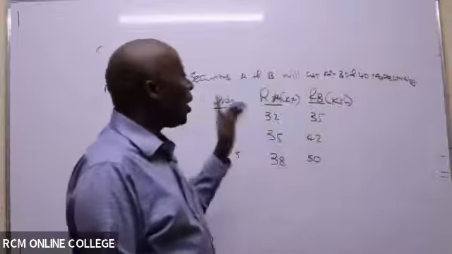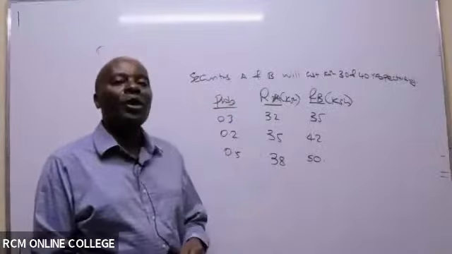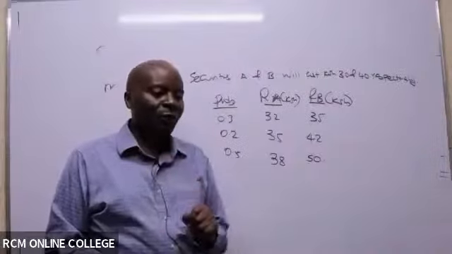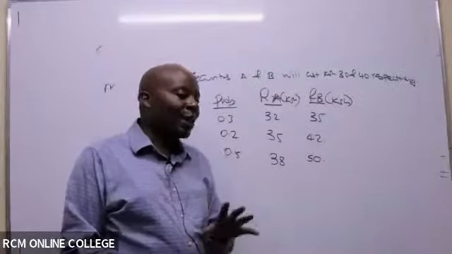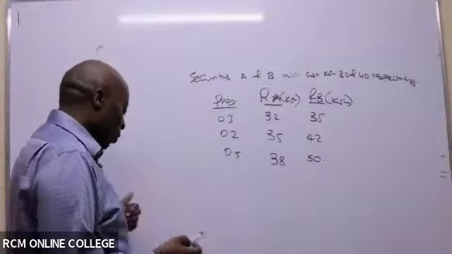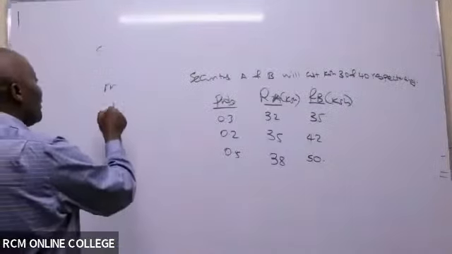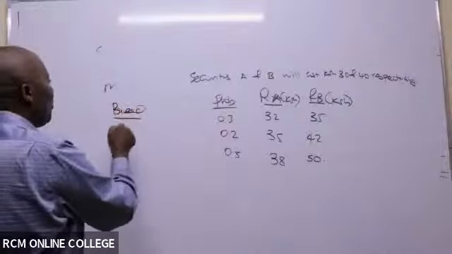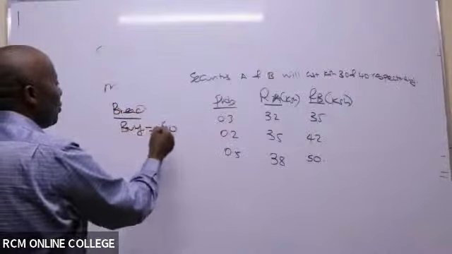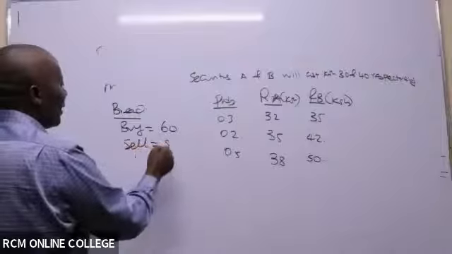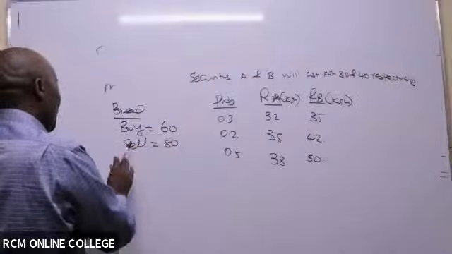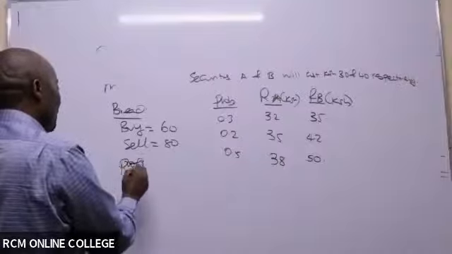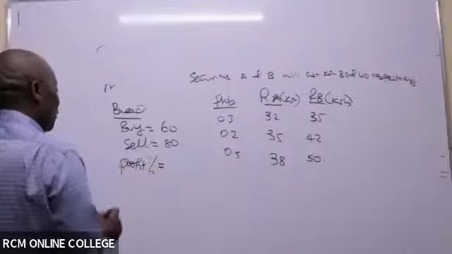Kenya shillings, our returns must always be in form of what here? Percentages. Our returns convert to percentages. Our returns must always be in form of percent. Let me ask you guys a simple question. This is bread. We buy at 60. We're doing business. Sell at 80. Can you kindly give me percentage profit? Kindly give me the profit in percentage form.